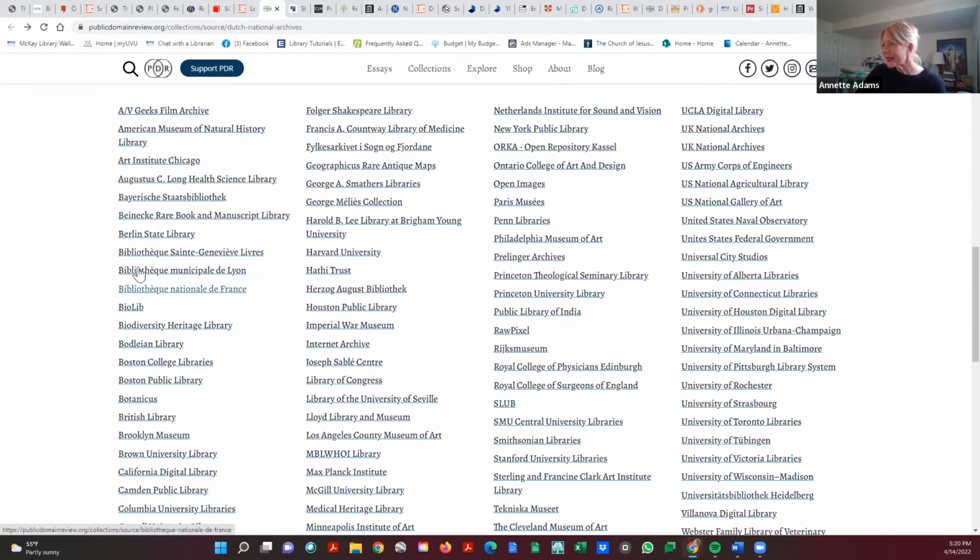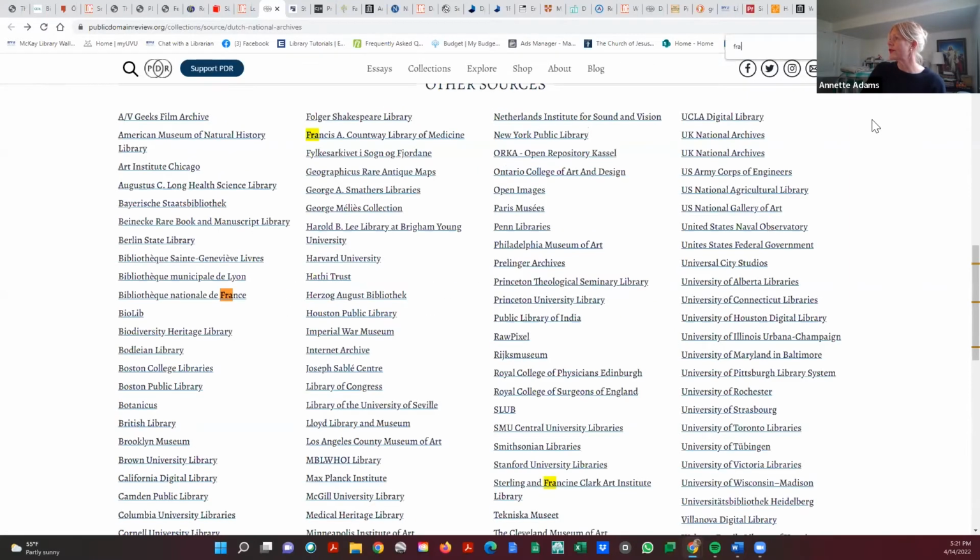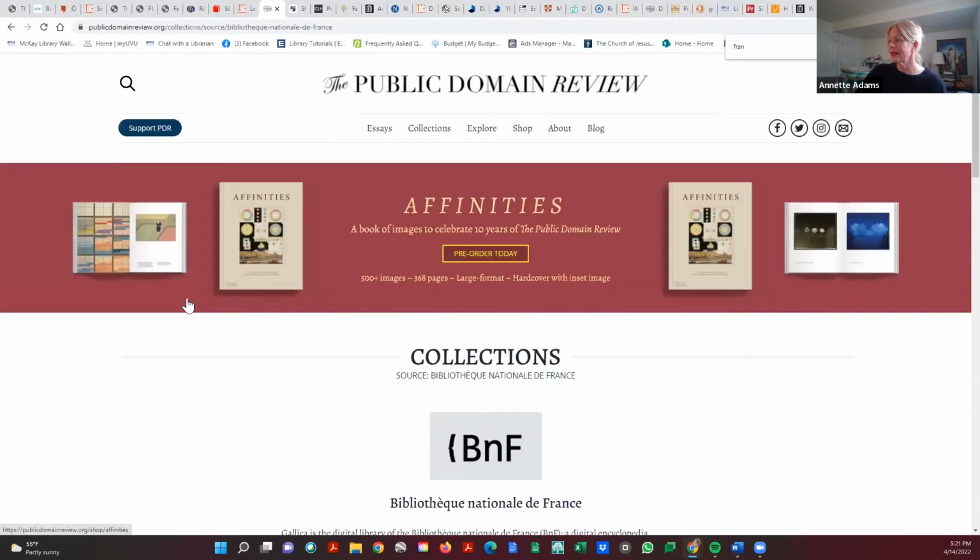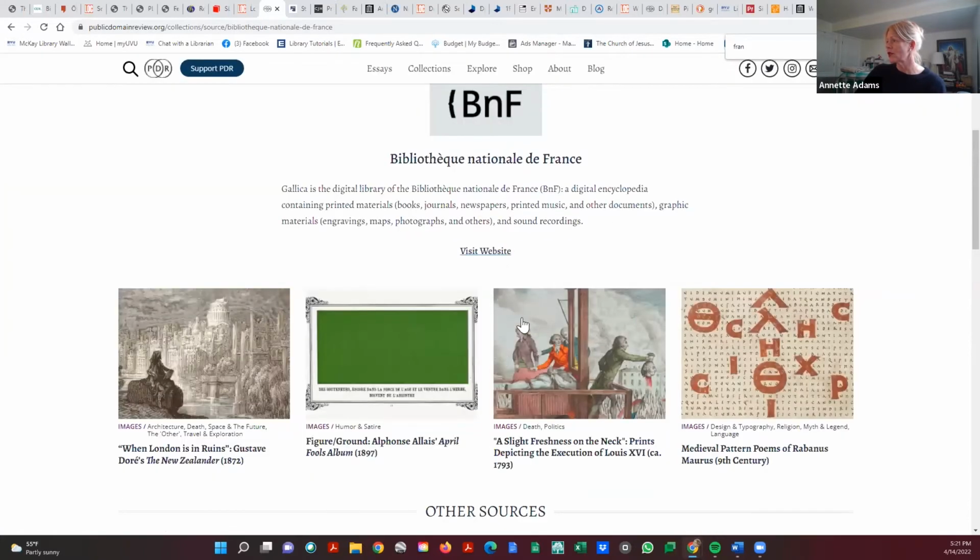I want to see if I can see the French one. So if I wanted to, I could do Control F, so CF, and I can do French, like French. So I can do France. And there we go. There's the Bibliothèque Nationale de France. And if I go to it, it gives me this overview page from still on the public domain. And I have to scroll down, and then I can see some of their highlighted collections, and then click on